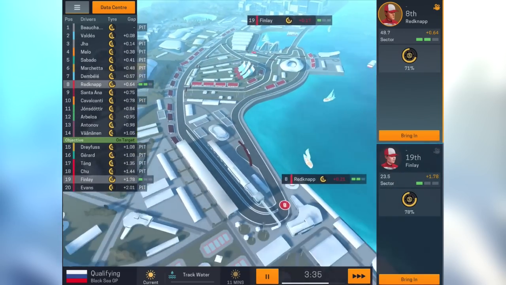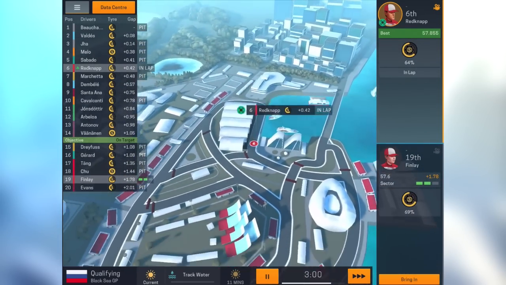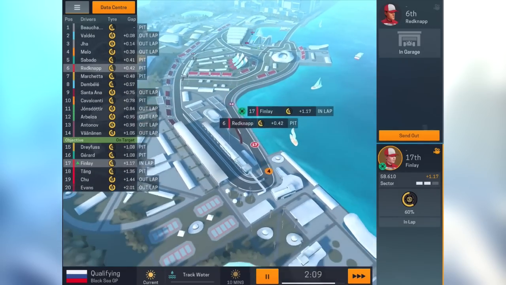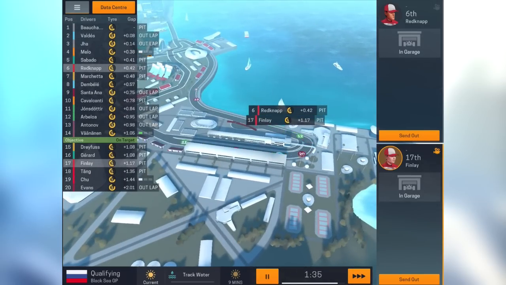Right, Redknapp has improved on his 2 sectors. He goes back up into 6th. He was down to 8th, so it looks like 6th place around is where we'll be getting. Finlay has improved, actually, to be fair to her. She's up into 17th place, so decent enough. As the session ends, I don't think we're going to have enough time to go out, so we're going to have to settle for 6th place. So it's not pole position, but...